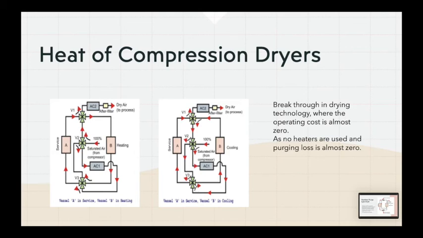So the heated air from the compressor is made to pass through a vessel which is in standby. When this heated air passes through this vessel which is in standby, it takes all the moisture from it. Now this air goes into the aftercooler where it loses 70 to 80% of the moisture which it has collected from the vessel which is not in service, and after passing through the aftercooler, it passes through the vessel which is in service.